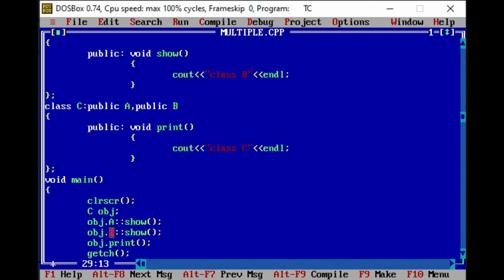As here you can see, we have used the scope resolution operator and we have defined which class the function belongs to, class A or class B.